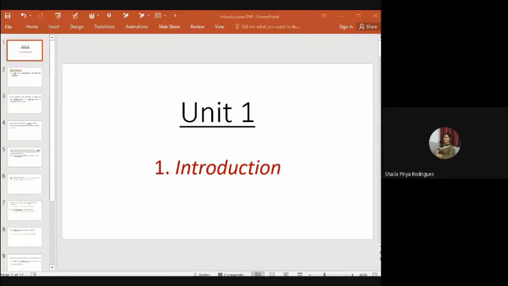All right. Okay, so you start writing Unit 1 as this doesn't have a title. Introduction is a subheading there, okay? So starting with Unit 1, below that you write the subheading as Introduction. If there is any question, you can put up in the chat box also. I'm looking at it simultaneously.